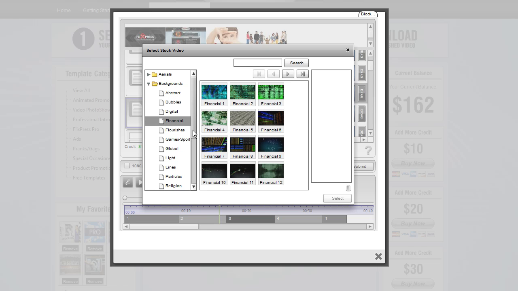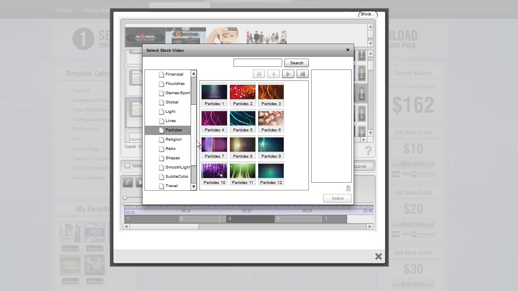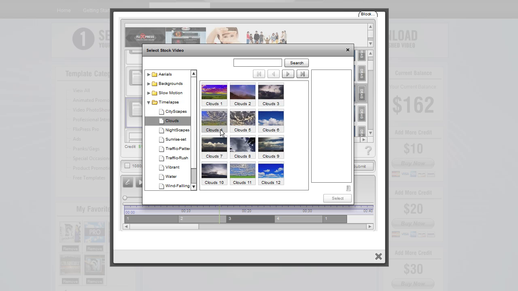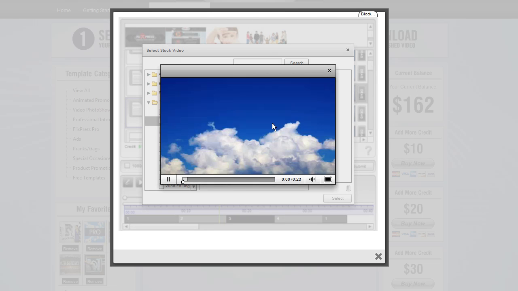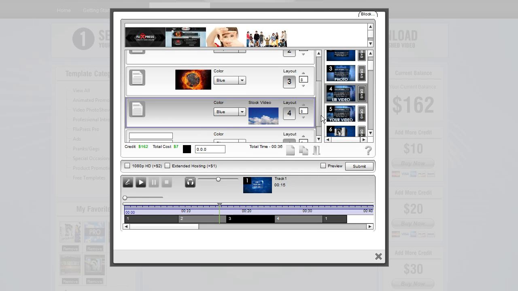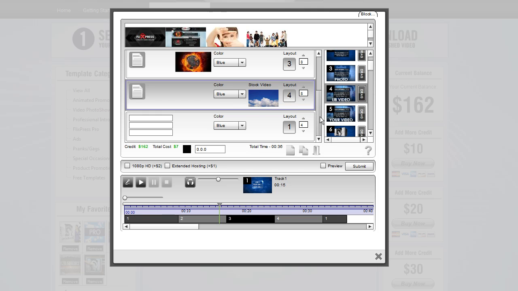There are different categories of backgrounds, or you can put in any videos that we have in the backgrounds, and there's plenty of choices for you to choose from, and we'll be constantly adding more as we go on. So for example, let's add some time-lapse clouds in the background here. Click and drag, click select, and there you go. You selected and customized this particular background